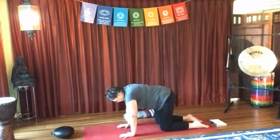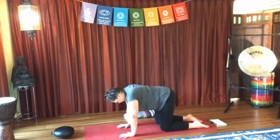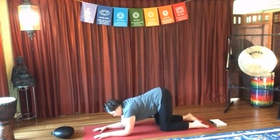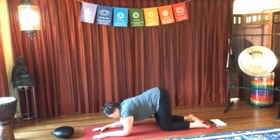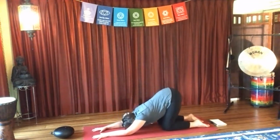Finding yourself right here back into tabletop, lengthening through the crown, lengthening through the tail, lowering down onto your elbows. Right here. We're going to first sink back into puppy. So this is not a child's pose. It's not deep into the knees. It's more of allowing your forehead to press to the earth as your fingertips, your palms, and your elbows, forearms